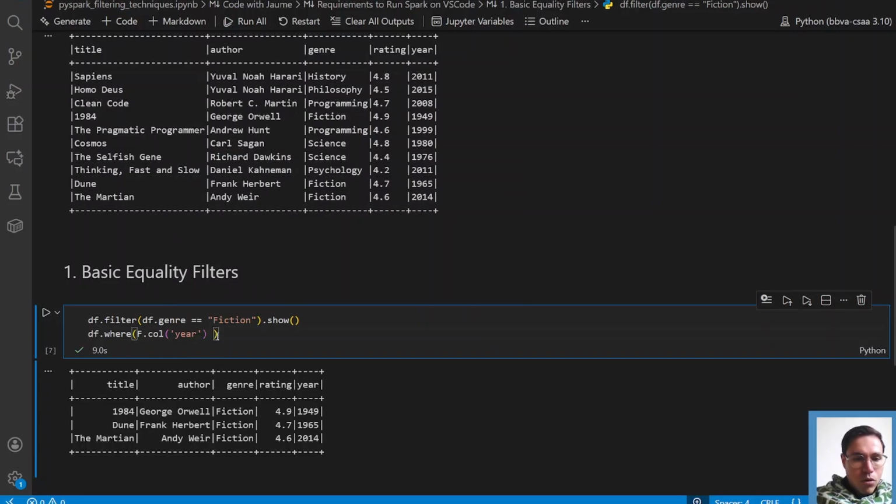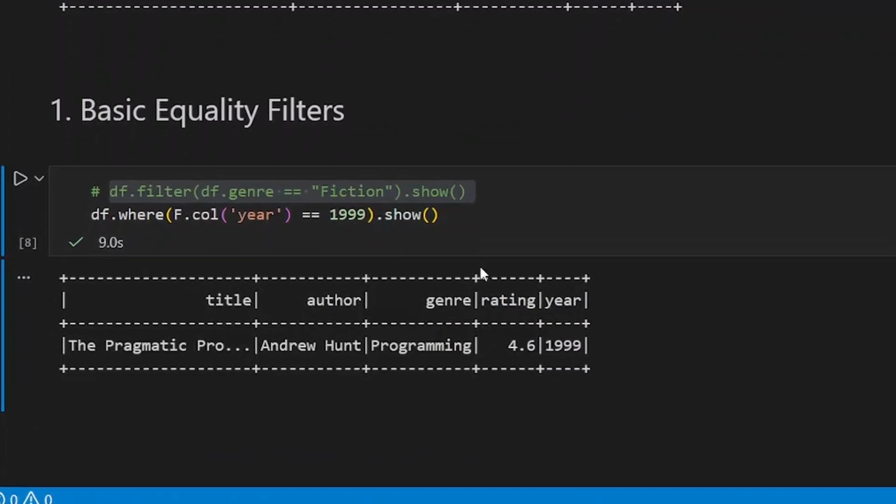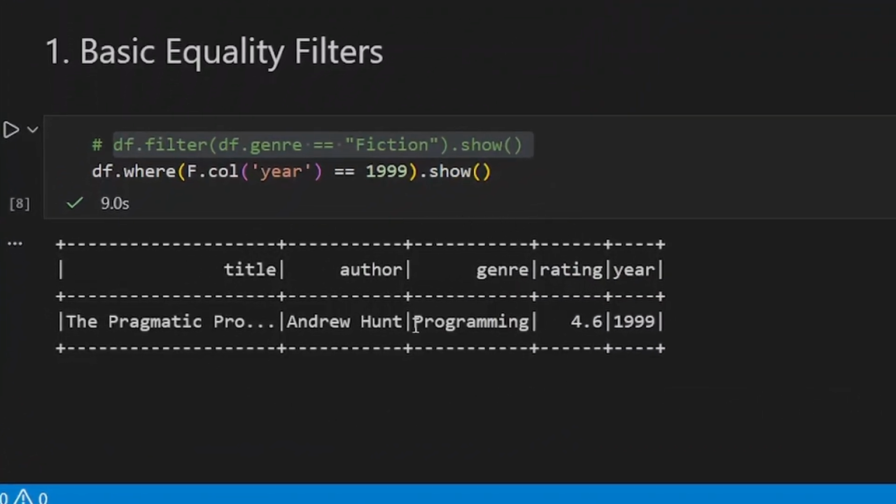And then if you want to print out all the books from 1999, we can do that as well and print out the result. In PySpark we have many filtering functions: filter, where, isin, between, and here we are just seeing 2 of them. So here we have the result, and remember to use the double equal sign when your conditions are very clear and